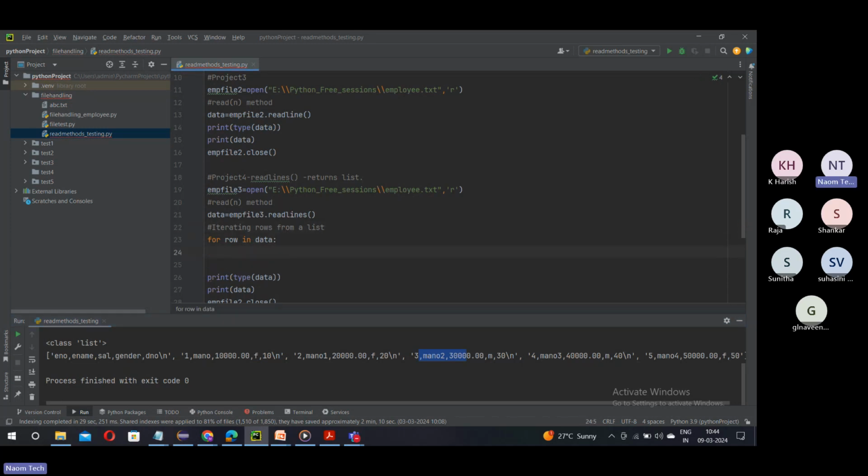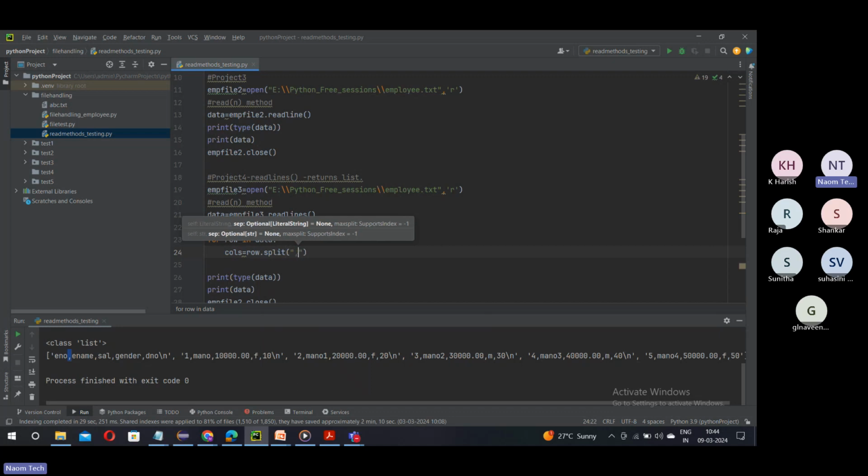So what do you do now? Once you are iterating like this, row is your value, your string here. You should apply a split on this string. How do you apply split? With comma, because this is the most common delimiter in all the rows here. So you split each row with comma, friends. Now, one by one, step by step, we are following the algorithm. So here cols equal to row dot split, and that split you do